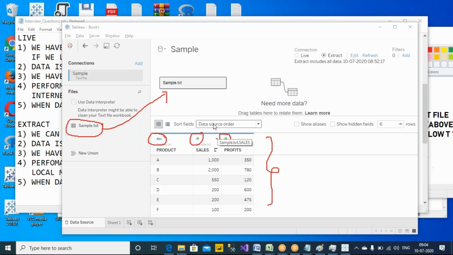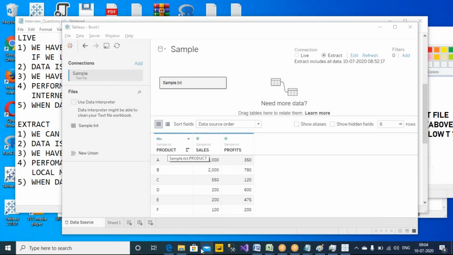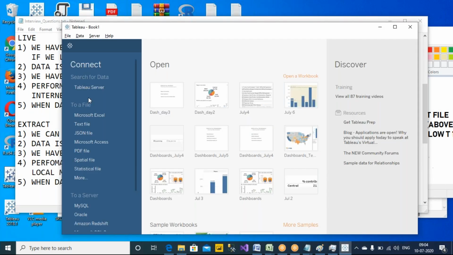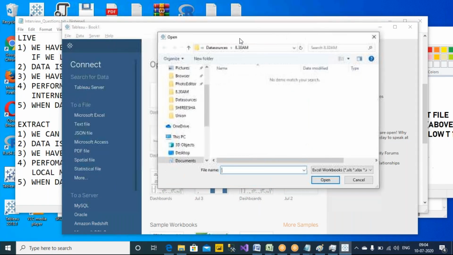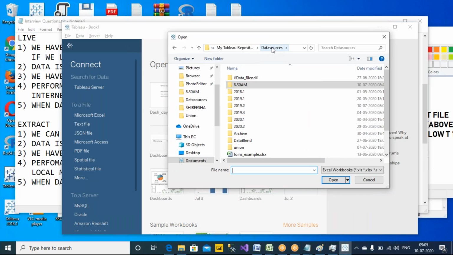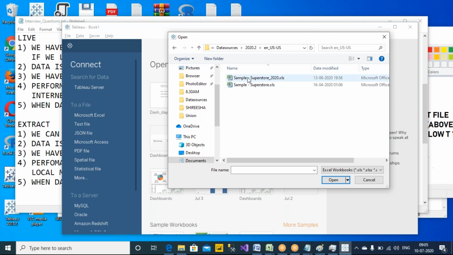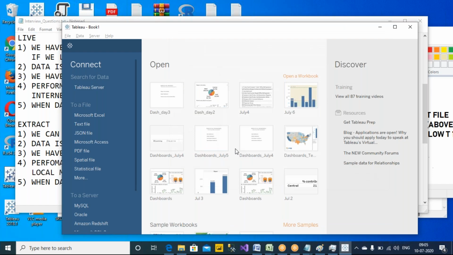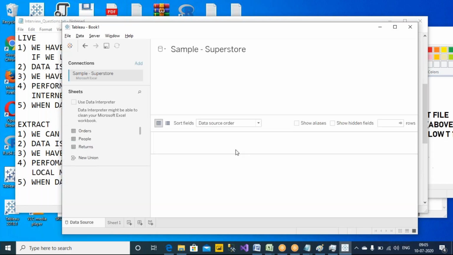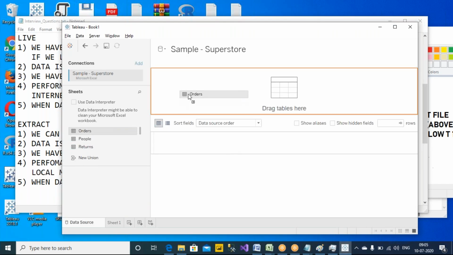So let's connect it to the default files which are given by Tableau. Where are those files located? Let's go back and connect to an Excel file now. I'm connecting to the Excel file, and the default files will be stored in the data sources folder. Go to the folder, and I want to open one spreadsheet here. All right, let's select it and open, because I want to see more data. So let's put that here,